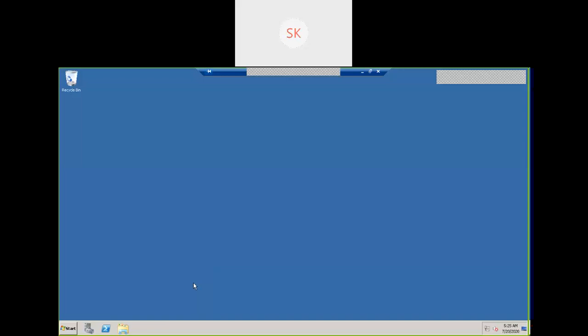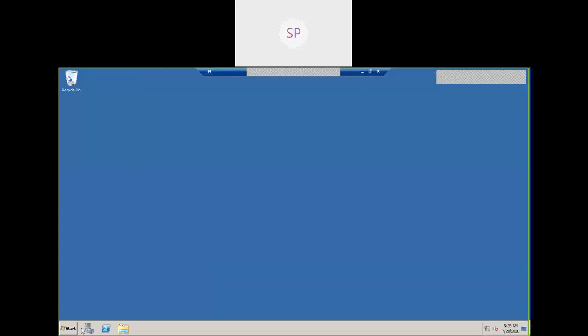Okay, what I'm going to do now is create a group on a domain controller. Once the domain group is created, I'm going to add users to that particular domain group. Once that is done, whoever the members of that domain group are can access wherever I add the group on the server. Okay, now what I'm going to do is log off the system.